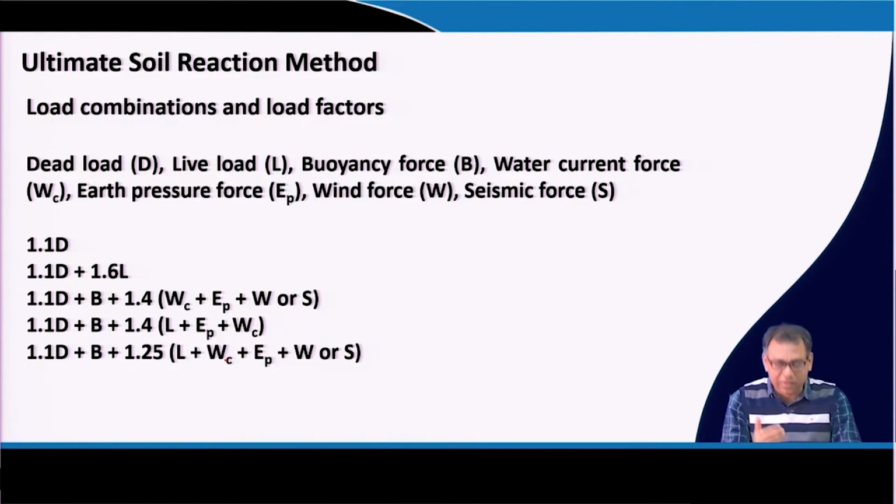So, that is why 1 is taken, and when this live load is added with earth pressure and the water current, but not with wind or the seismic, in that time it is higher than the wind. When the wind load and seismic load is considered, that is 1.2, it is more than 1.2, but it is less than 1.6. So, 1.4 is added, because that is sufficient for all the cases, because